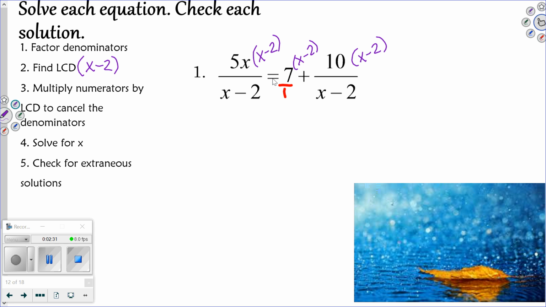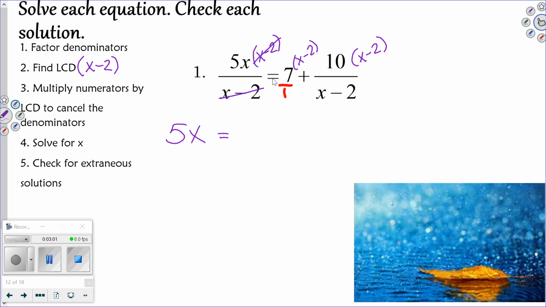Now, I told you step 3, when I'm multiplying here, the point is to cancel your denominators out. Take a look at that first fraction. Do you see something on top and bottom that cancels? The x minus 2? Now, I showed that I was putting the x minus 2 on everything. That had to balance, right? So look what happened to my denominators. They canceled. So what's left? 5x